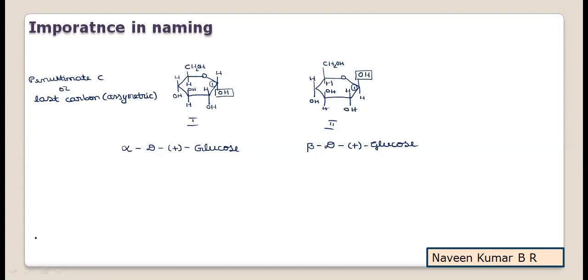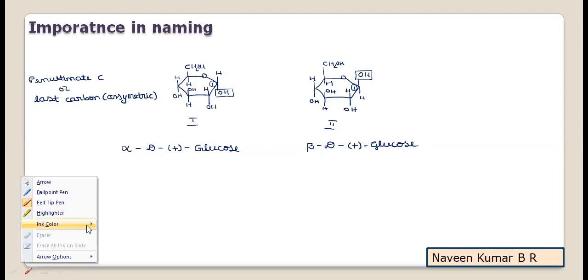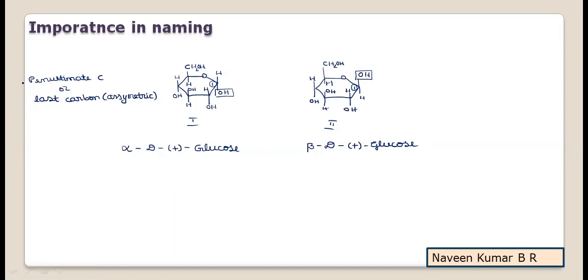Now if you observe the significances here, what does alpha indicate? Alpha indicates the isomer as anomers. Beta here indicates which anomer is the respective structure. So if you write alpha or beta, that gives the respective anomer of the glucose. Then the D designates the hydroxyl group on the right hand side.